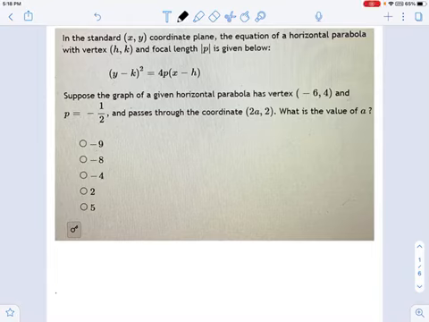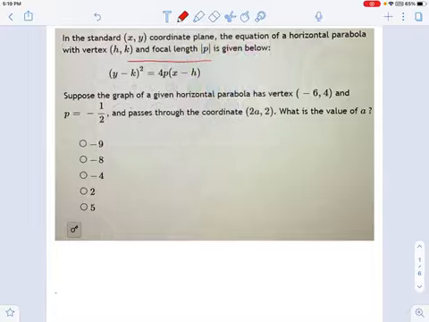There's a parabola in a standard coordinate plane, and any parabola equation is given by this form right here. It's called the standard form of a parabola. And what it's describing to us is a couple of characteristics that'll help us graph the shape of it. What you have right here is the vertex, h comma k. So you see those values in our equation right here. They're built right into it.